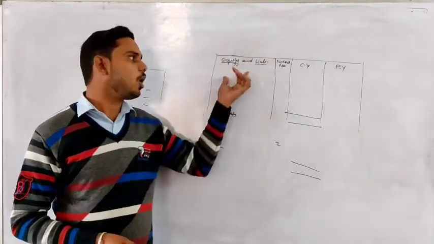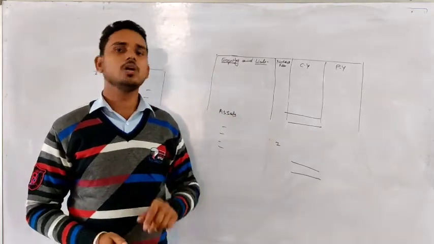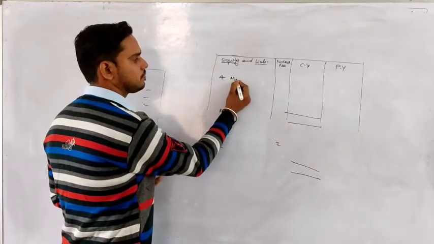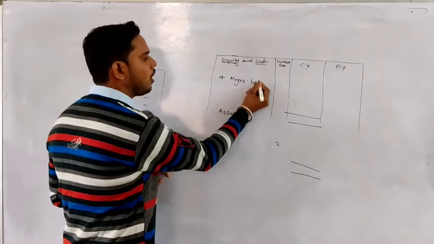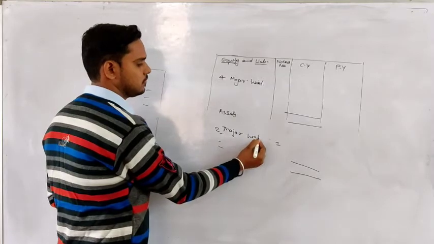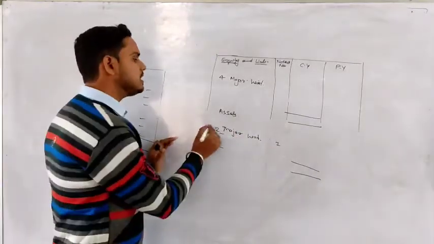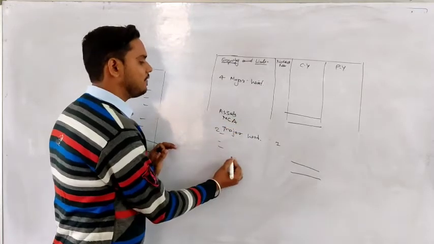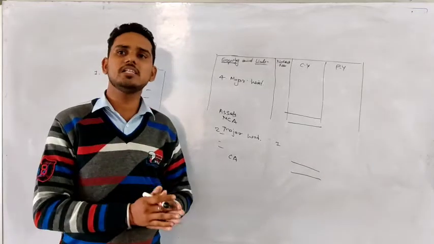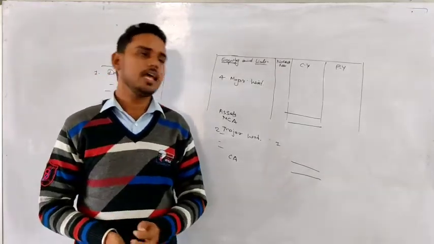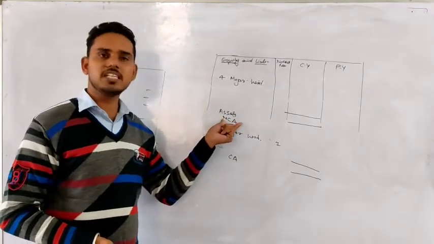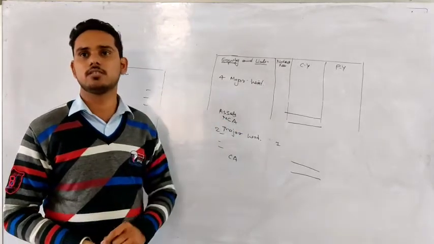Now we have to understand all the information one by one. Okay, now see one thing. On the equity and liability side, there are 4 major heads. Same way on the asset side, there are 2 major heads. What is the major head on the asset side? First one is non-current asset, then second one is current asset. Major head you can say is the main head in which we will write some other information. Like here on the asset side we have written the first major head is non-current asset, and in this major head non-current asset we will write some subheads.